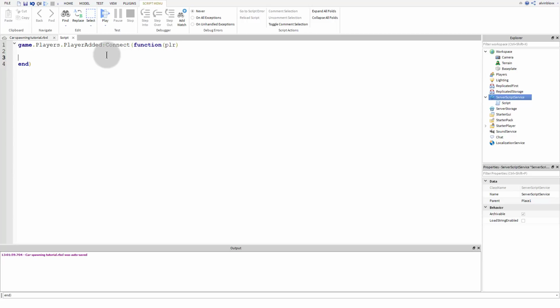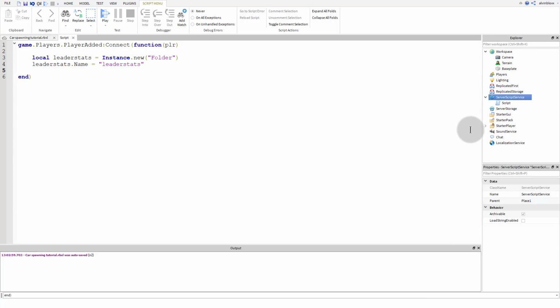So we're going to say local leaderstats = Instance.new(), and then in these speech marks we're going to say IntValue, or actually we can say Folder. It doesn't matter, it could be a model, it could be a folder, but we need to call these leaderstats, all in lowercase. So we're going to say leaderstats.Name =, and then in speech marks, "leaderstats", just like this. It has to be lowercase and spelt correctly, else the cash won't show up on your screen.